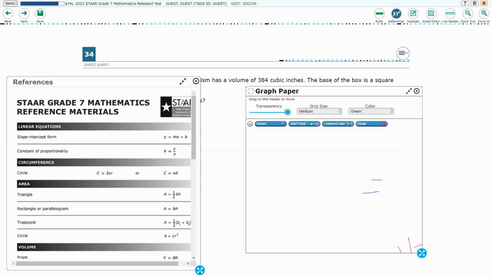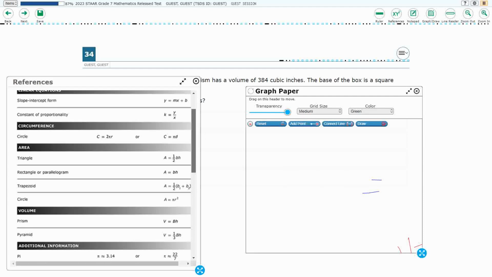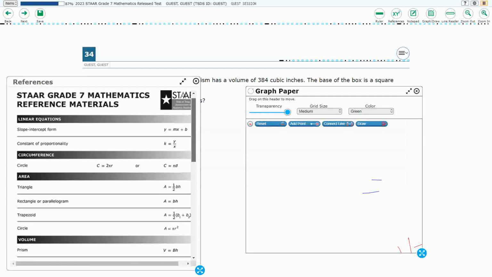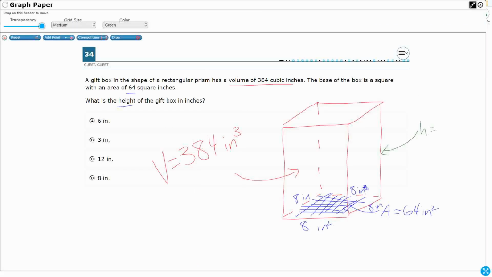And we're going to scroll down. Oh, that's actually at the very bottom right there, that prism. This is a rectangular prism. Volume equals base times height. Super simple. All right, so volume equals base times height. So V equals